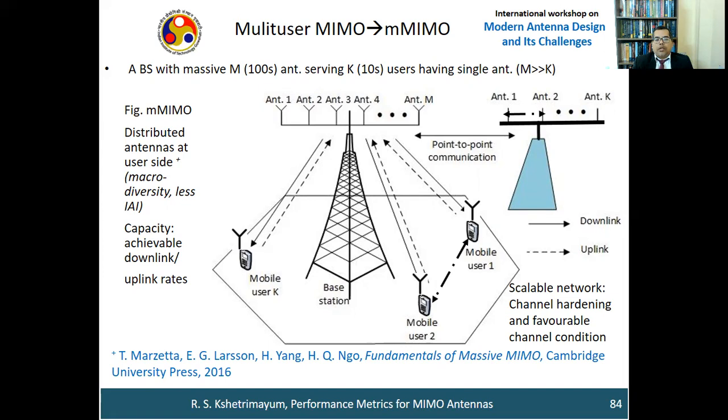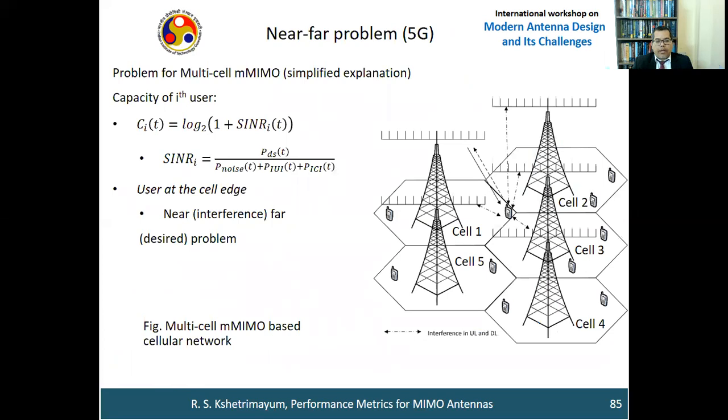And for the co-located antenna, there was micro diversity. Because of that, performance is going to improve for MIMO wireless communication when we go from multi-user MIMO to multi-MIMO, as well as single user to multi-user MIMO also. So this is a simplified explanation of why we need to go for a technology called cell-free massive MIMO. Cell-free massive MIMO is a technology proposed for MIMO wireless communication in beyond 5G and 6G wireless